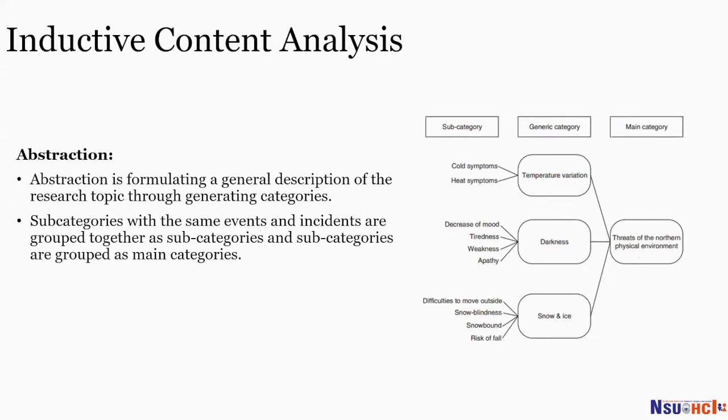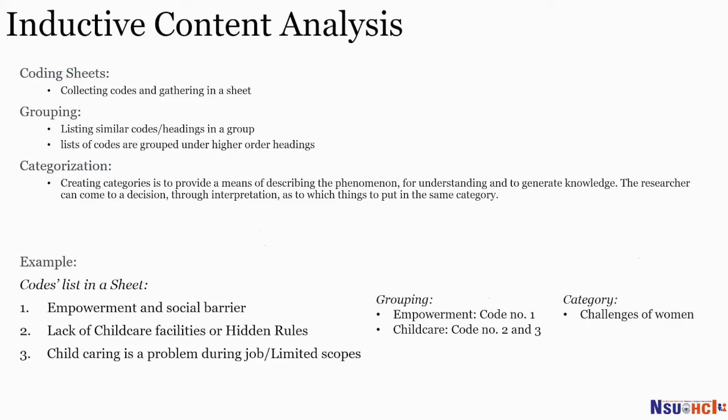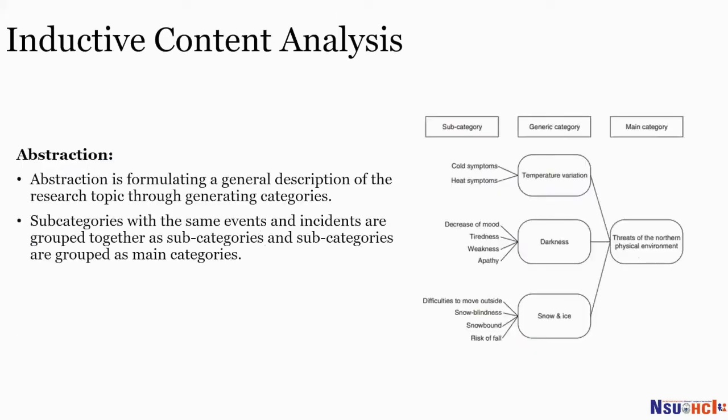So we have to mention it in a category. Like I will discuss challenges of women in my paper. So there we can discuss all your coding analysis. So that is why abstraction is very important here. And then